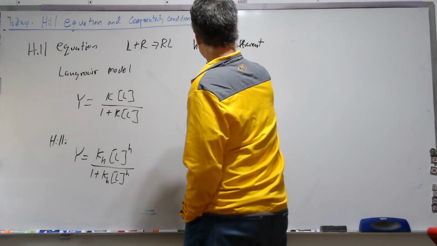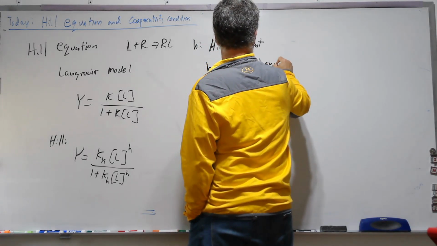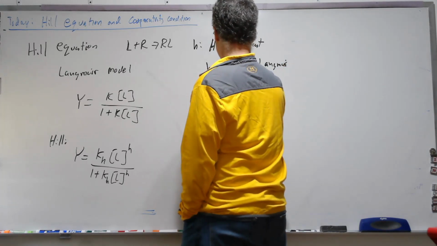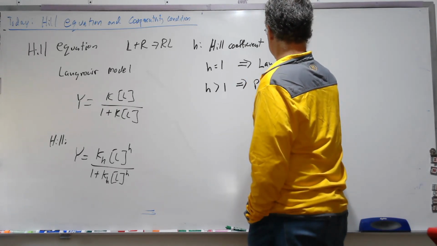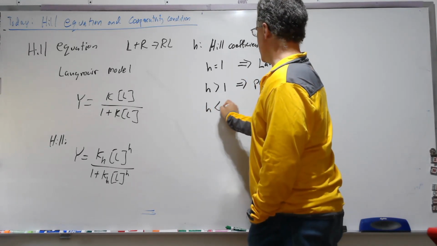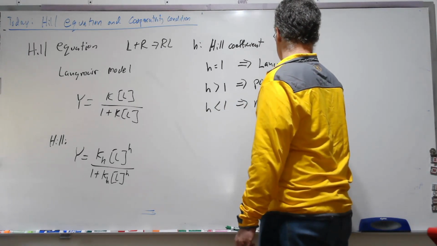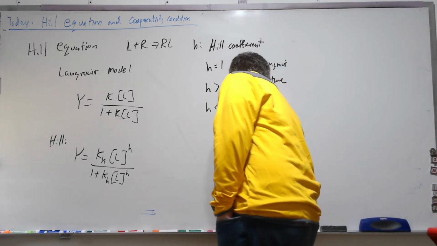And we can see that if H equals 1, then we just get the Langmuir model. And if H is greater than 1, then we have positive cooperativity. And if H is less than 1, we have negative cooperativity. And if we were to make a plot of this,